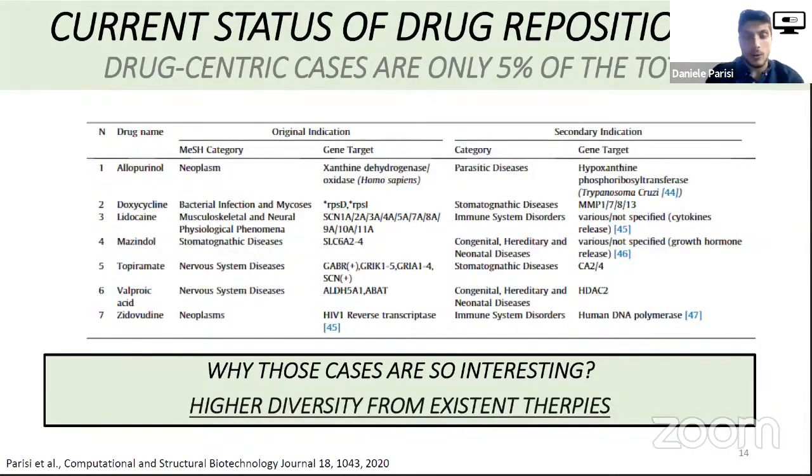Well, going from one target to a different one in a different disease allows us to have a higher extent of chemical and therapeutic diversity, and that is very appealing, for example, for a drug discovery project, for a pharma company who invests in our research, because we are able to provide a completely different chemical entity that has not been explored already for that kind of indication or target, and